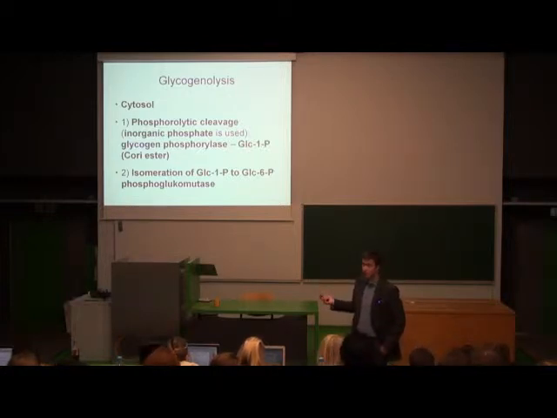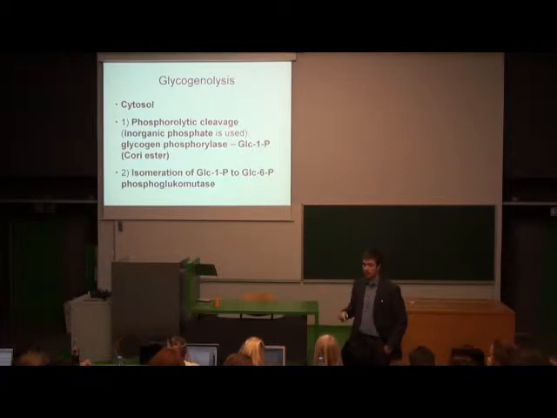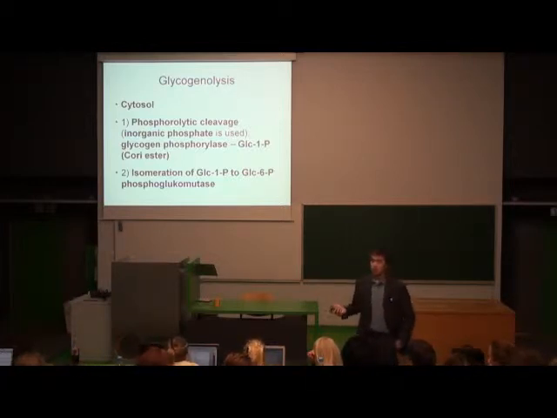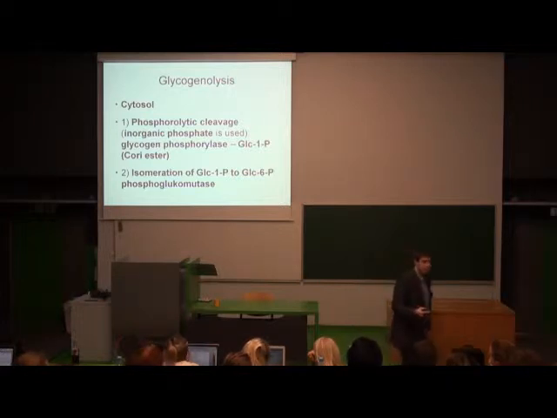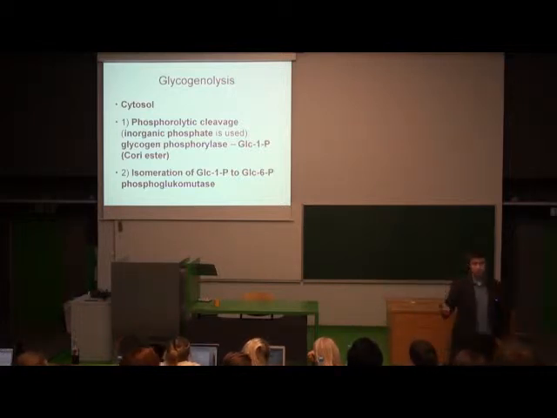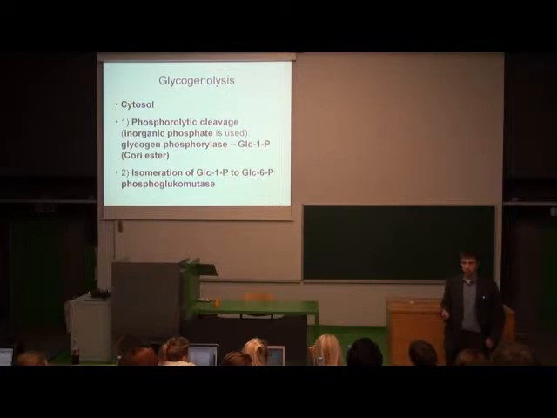So, only 2 steps. Here can be the third step. In muscle cell, here it's end. Glucose 6-phosphate can be used in glycolysis or in pentose cycle. If you are in liver, the phosphate can be removed from the glucose 6-phosphate molecule, and you will gain pure glucose. To do this third reaction, you need glucose 6-phosphatase.